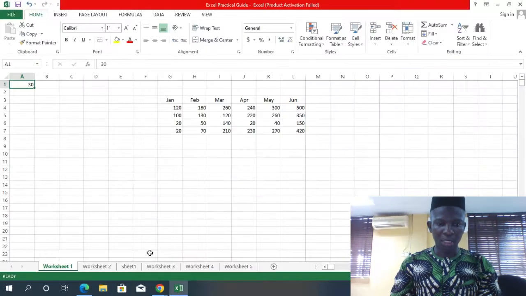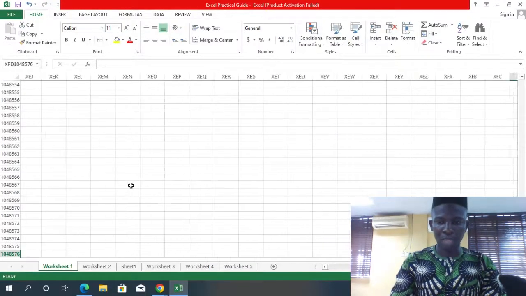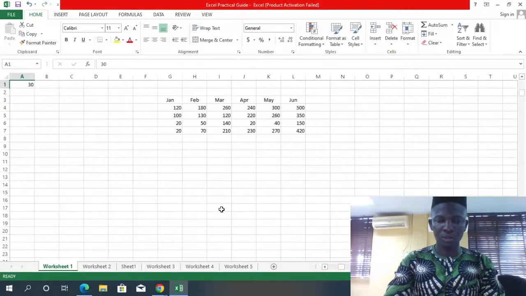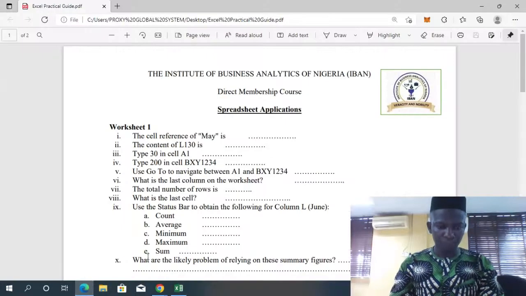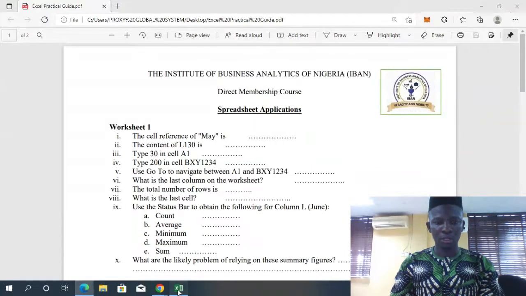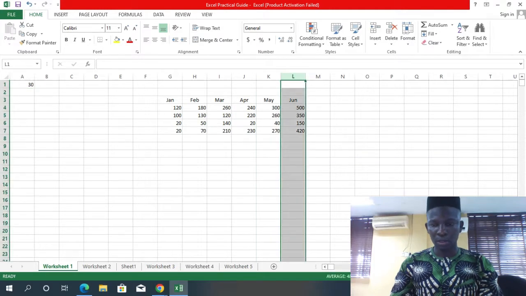Now what is the last cell? If you get the last row by the Control down arrow key and the last column by the Control right arrow key, it is automatic that the last column is XFD and the last row is 1,048,576. So the reference of the last cell will be XFD1048576. Control Home will bring us back. Then we will now want to use the status bar to obtain the following for column L. To use the status bar, we select this column L up,